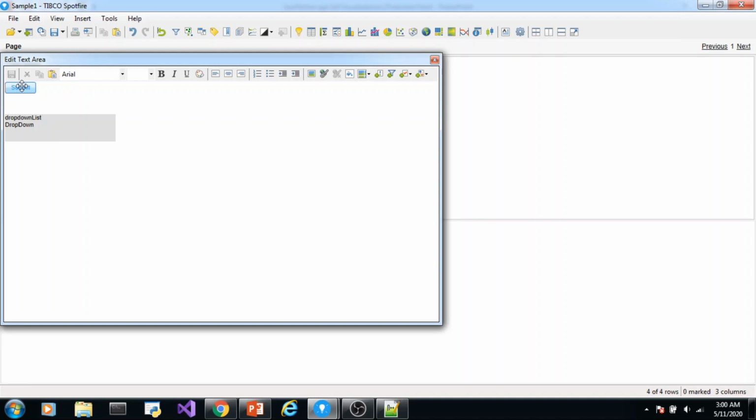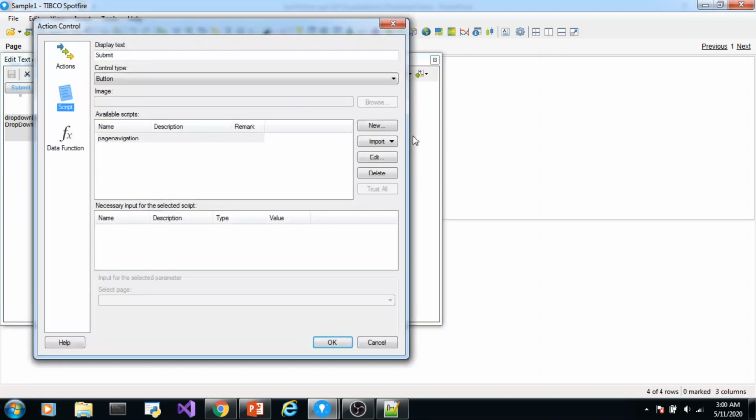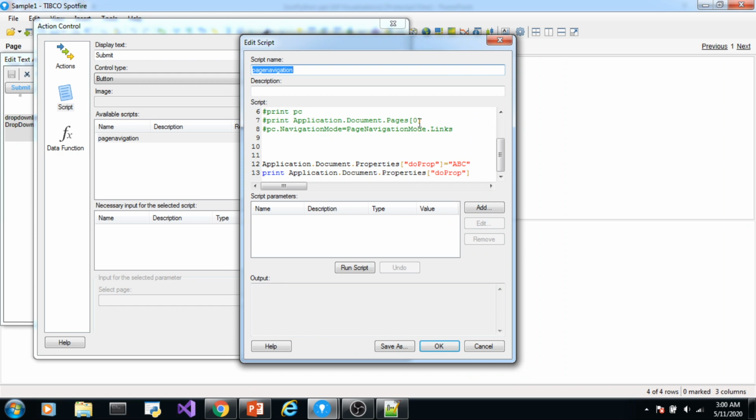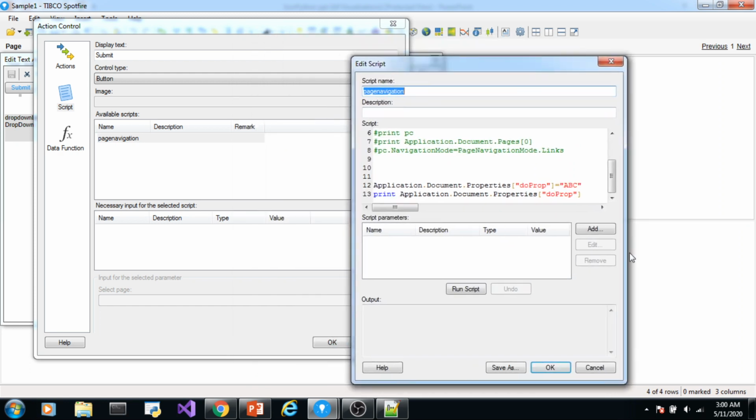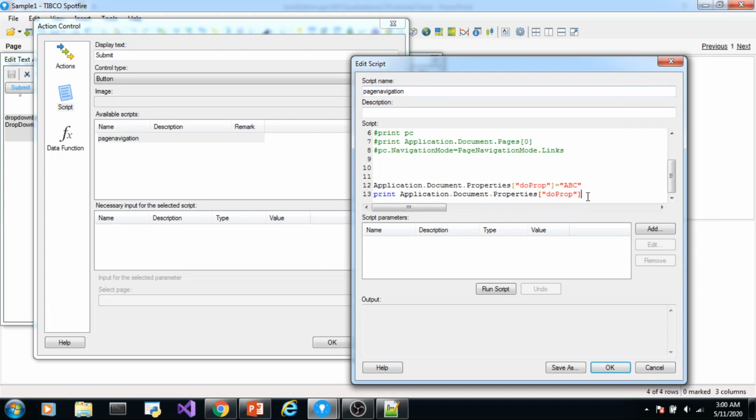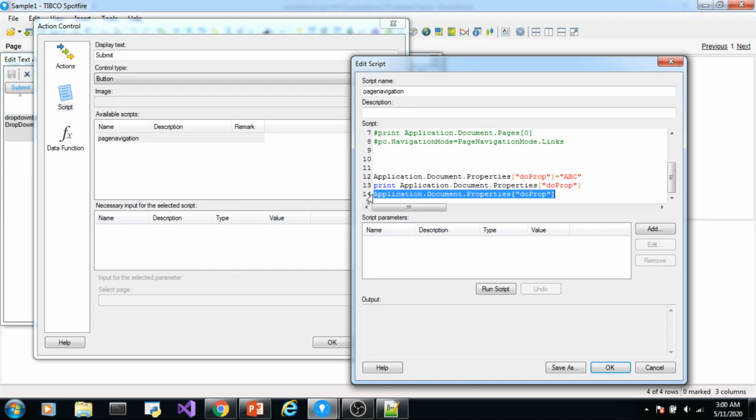Suppose I want to access the value of this property control. We can use the same statement that we have used here. It's just that the name of the property will change. Suppose I want to print it. See, this is what it is, fruit. The currently selected value is fruit. Similarly, it applies to a label.